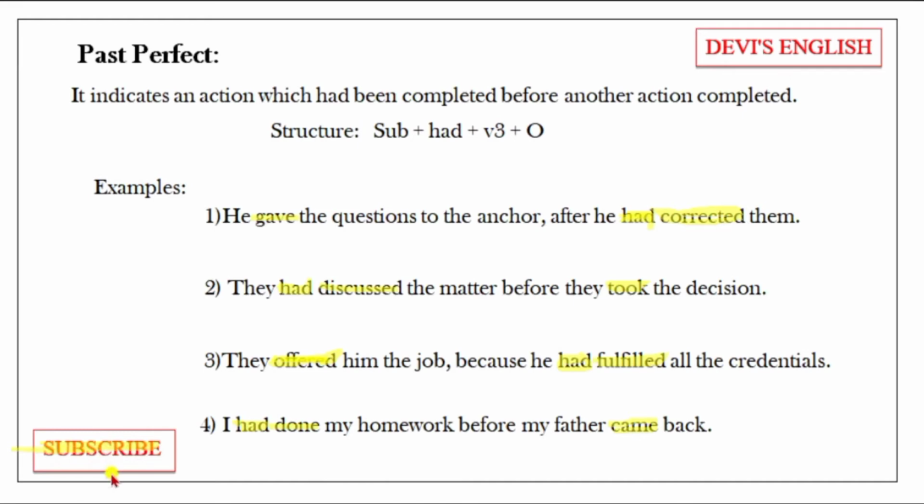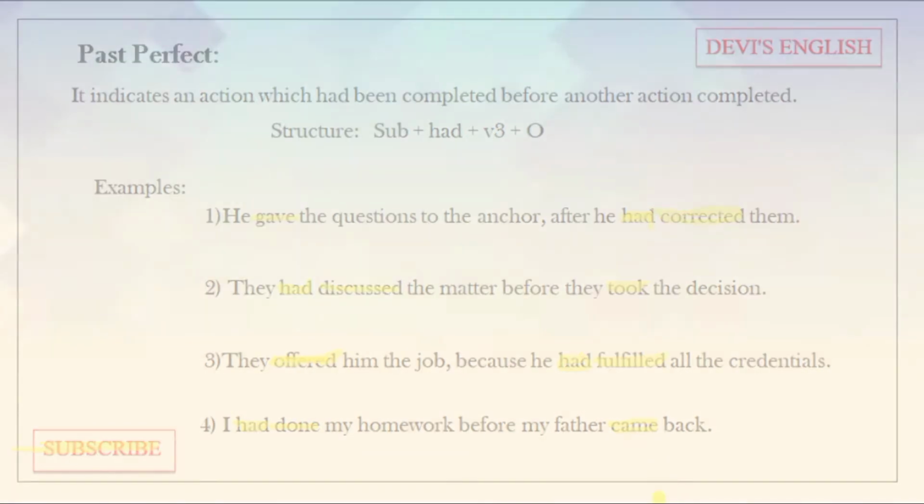Had done, we are constructing singular after also had, plural after also had. Here it is he, here singular, here they, here plural. But we are using my father here singular. Like this, singular after also we are using had. So in present perfect tense, singular after has, plural after have. But in past perfect tense, singular after, plural after also we are using the helping verb had.